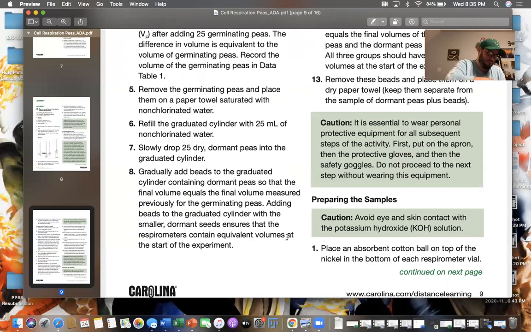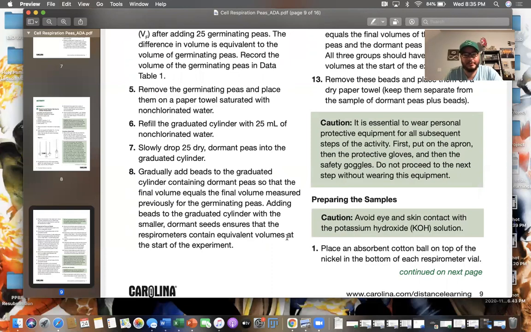Okay. I'm gonna put those in there. Peas,